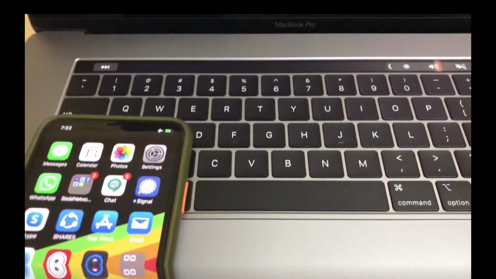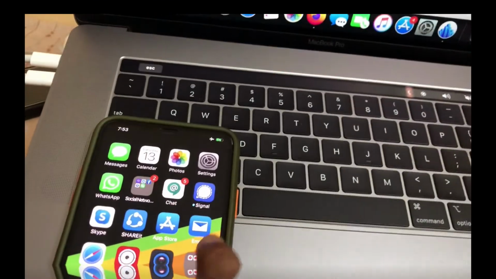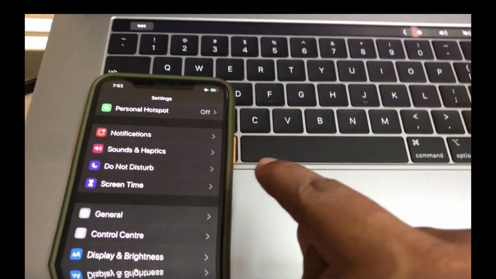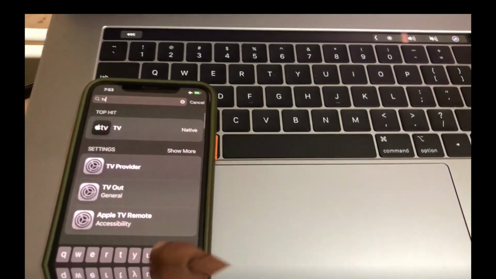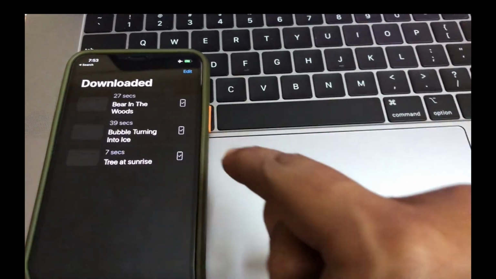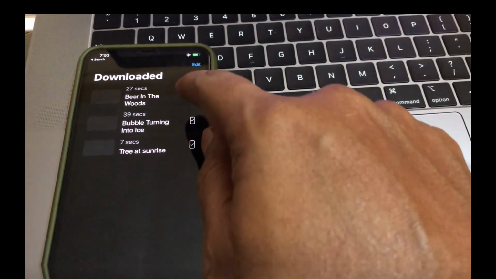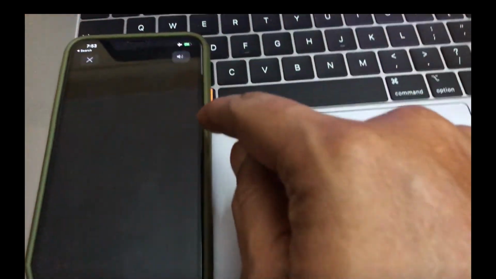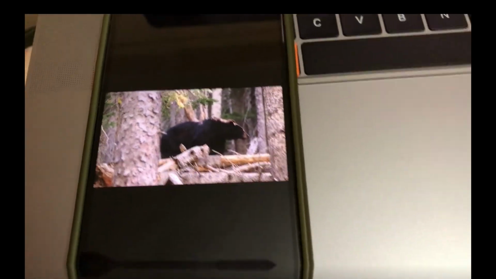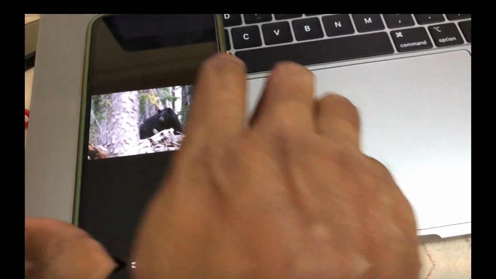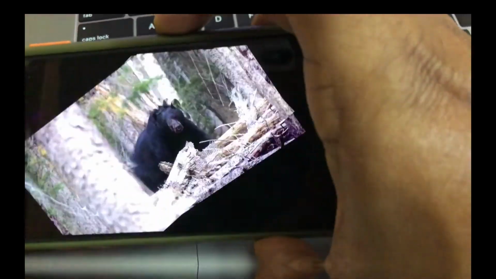Now that you have uploaded them, just go to your TV app in your iPhone. So in the TV app, you would be able to see these recent uploads. So these are the videos which you have downloaded. You can view them in the actual format, and you can see them in their exact quality without any loss of picture quality.